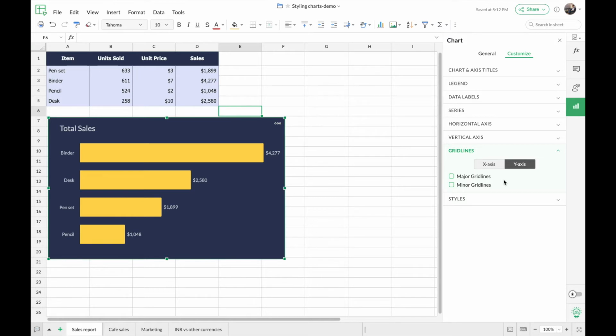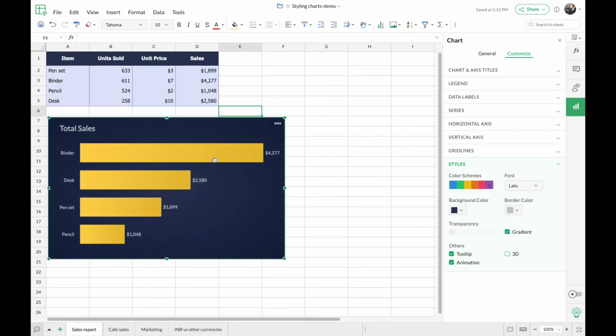Whereas I'm just going to make one small change finally in order to make this chart look even better visually. So for that, you can go to styles and you'll find an option called gradient. So here, notice the chart before we have used gradient, and now I'm just going to use the gradient option to make it visually even better. So now I'm just going to click on the gradient option.